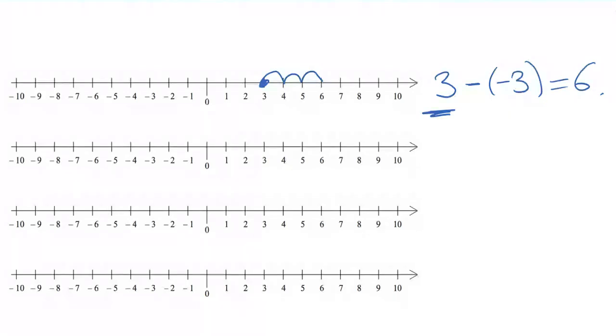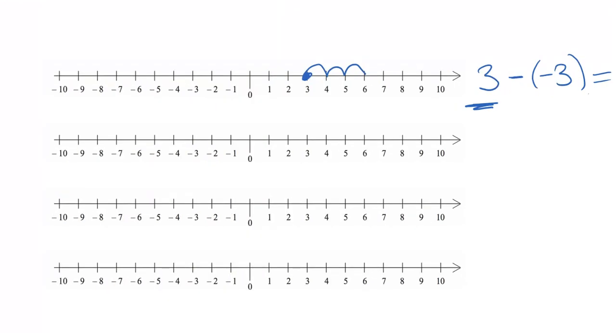So don't just think when 2 negatives make a positive, all right? That isn't always the case. And let me show you an example where that isn't the case. So what about if we did minus 8 subtract minus 5? Okay, so again, we start at minus 8, and we're going to be moving 5 positions, and we're subtracting a